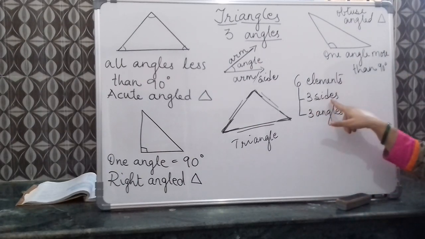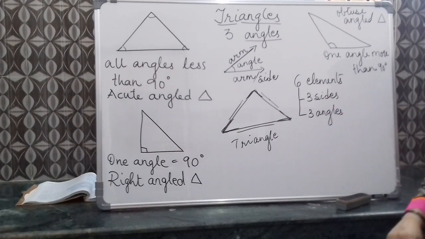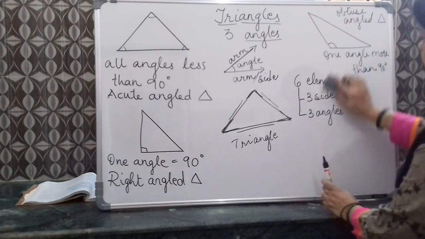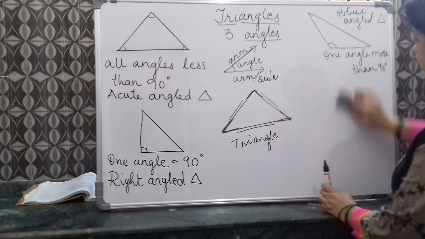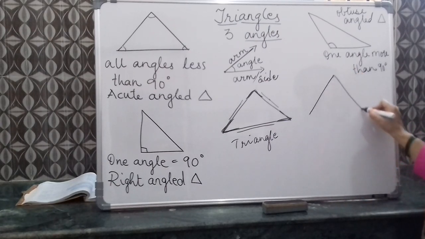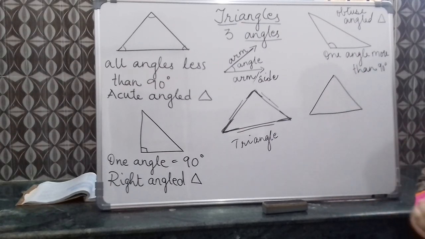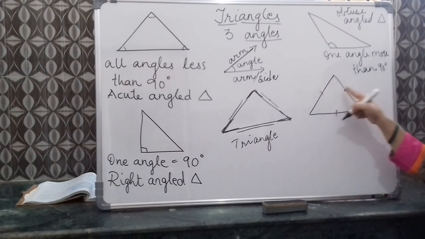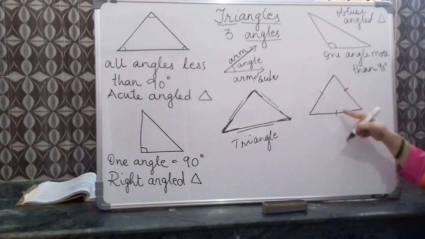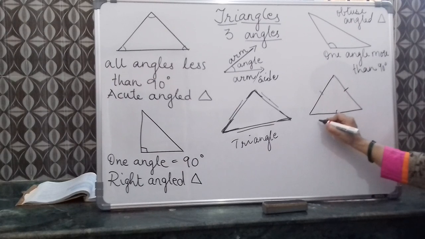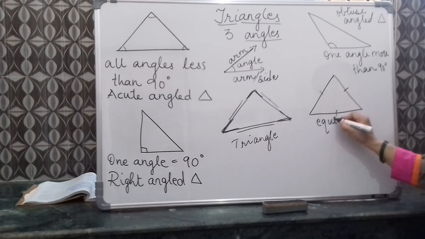As we have three sides also, now triangles on the basis of sides. So we have a triangle in which all the three sides are equal. When all the three sides are equal, we give this type of design on all the three sides and therefore it is known as equilateral